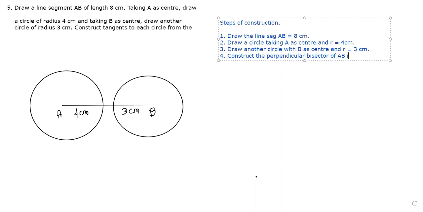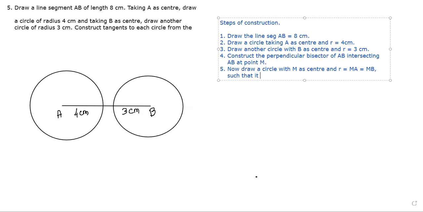Yes, sir. Intersecting AB at point M, where M becomes the midpoint. Now, draw a circle with M as center and radius equal to MA equal to MB,